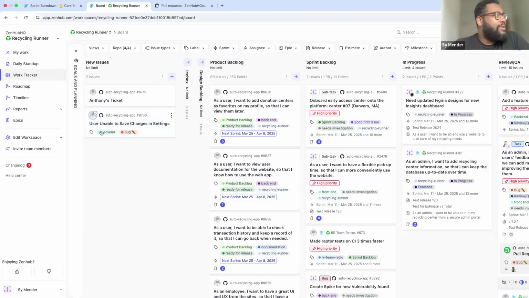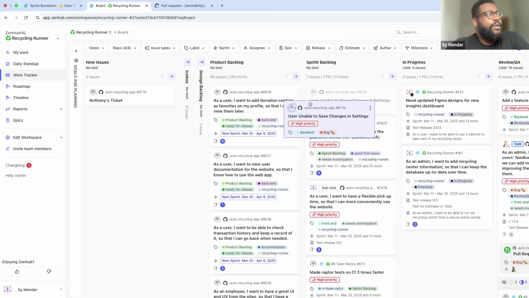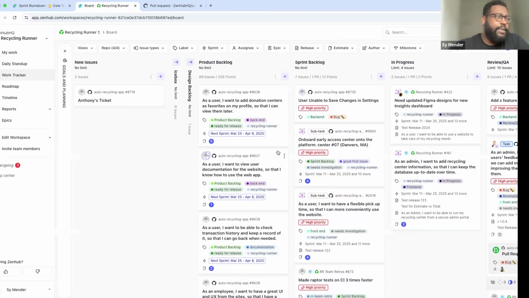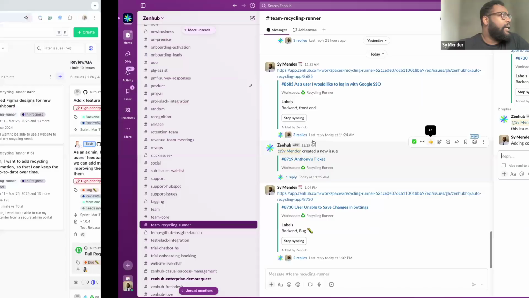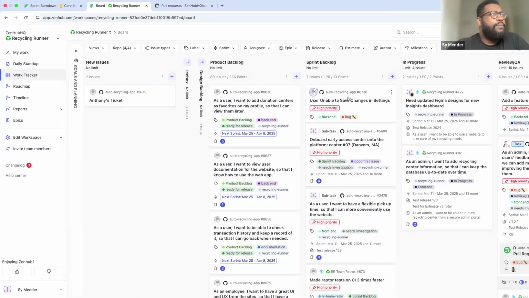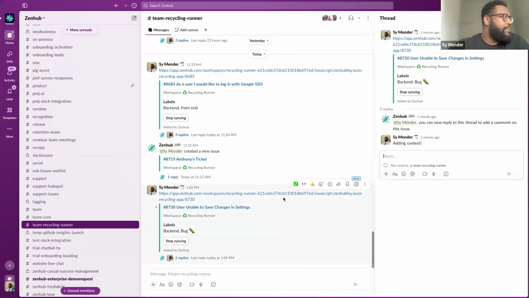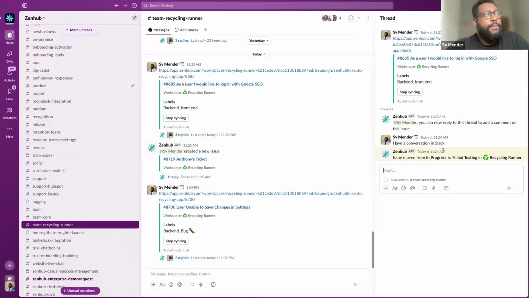But the other thing that it allows us to do is also to go ahead and, for example, move that ticket in between the different pipelines. And when I navigate back, let's go ahead and do this right here. And when we navigate back to Slack, it doesn't seem to be firing right now. It might just take a second or two. I can find another example.